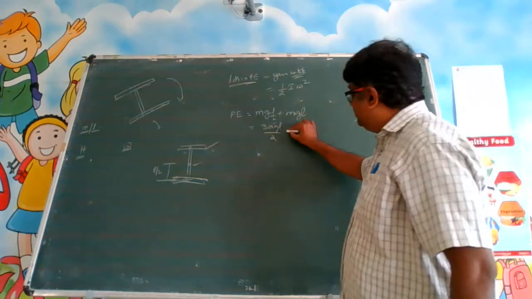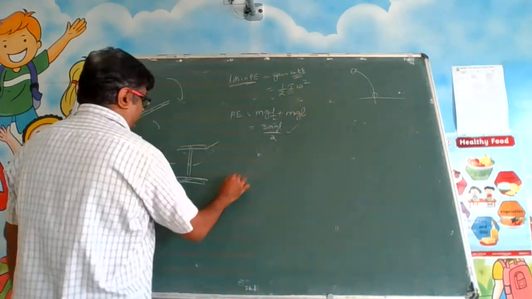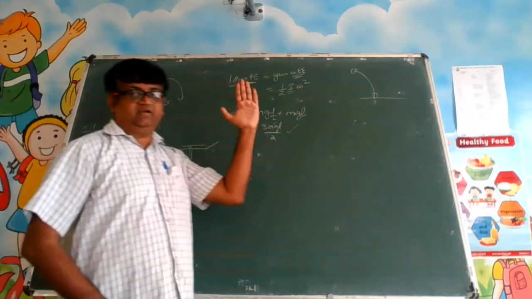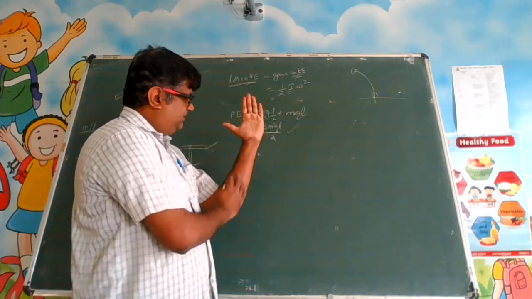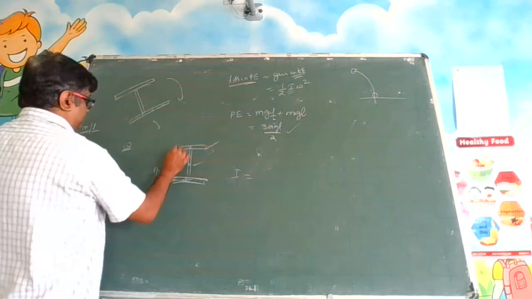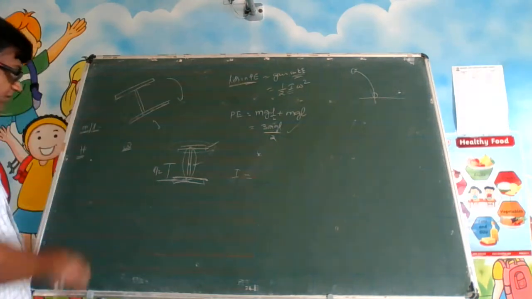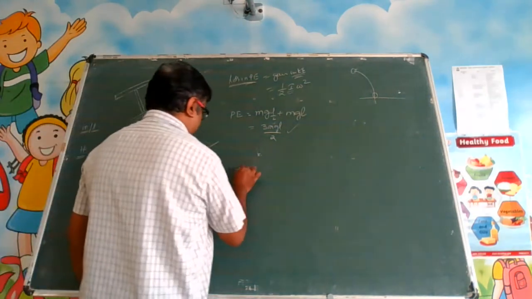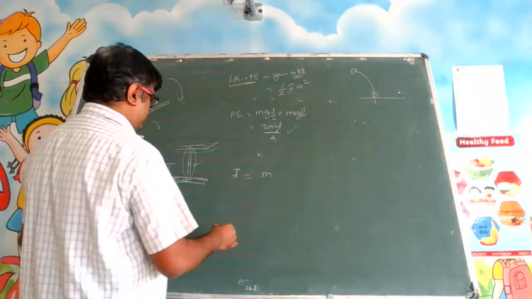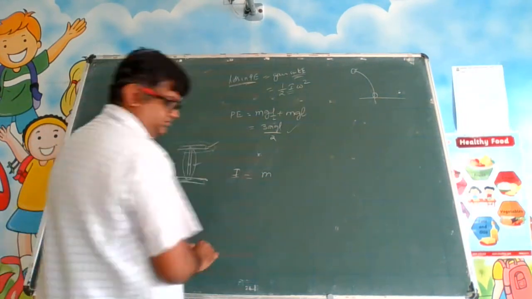So we have calculated the potential energy. This potential is converted into the kinetic energy. So we have to find the value of I. Now if you want to find the value of I, about which it is trying to rotate, if you take this end as the edge, it is falling about this edge, this bottom elbow is falling about this. So we have to take the moment of inertia of this component, and the moment of inertia of this component. So I will be equal to, how much is this? M R square, right? So this mass is M and it is M L square.